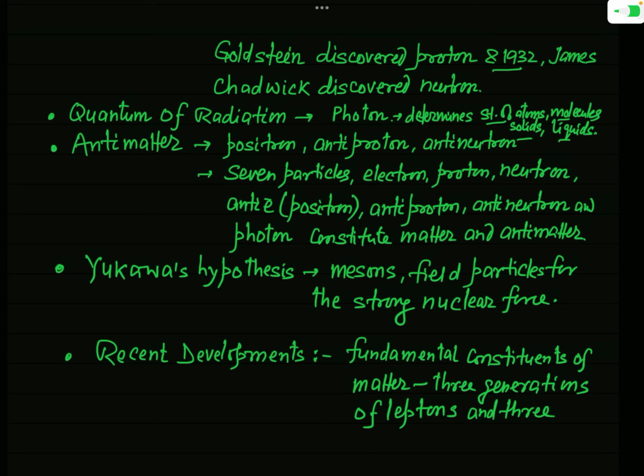In fact, in 1932, another particle called the positron was discovered. And what is this positron? This is simply the anti-particle of the electron. It has all properties similar to the electron, but its charge is positive. Although the value of the charge of the positron is the same as that of the electron, the nature of the charge of the positron is just opposite to that of the electron, and this is called the anti-electron or anti-particle of the electron.